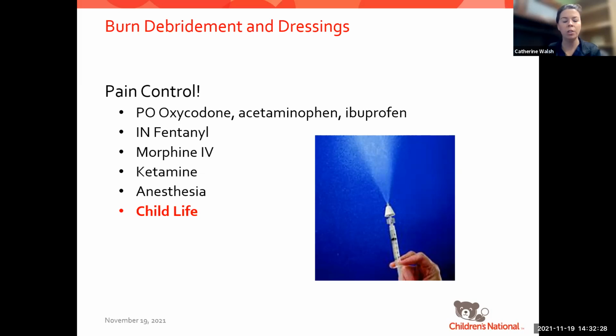If you are discharging a patient who is going to be getting oxycodone, an important thing to remember is that liquid oxycodone is very difficult to get in most community pharmacies. So if it's a patient that is leaving and they can, I would encourage them to fill it at Walgreens. It's one of the medications that when Walgreens opened, they asked what medications we wanted, and we were like liquid